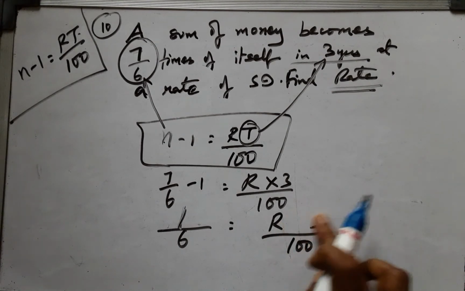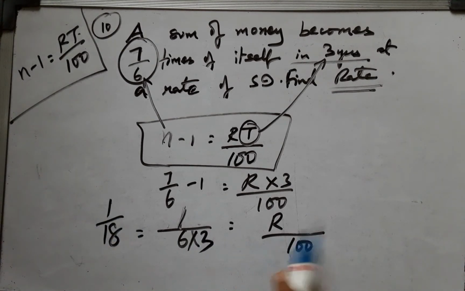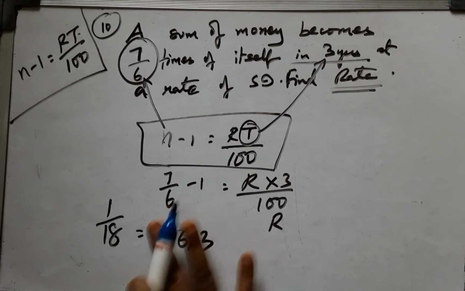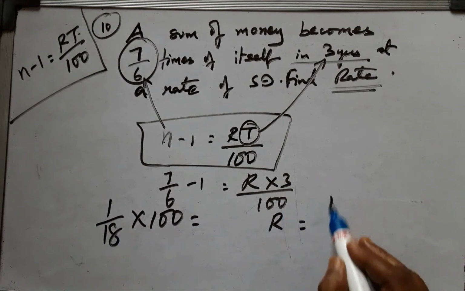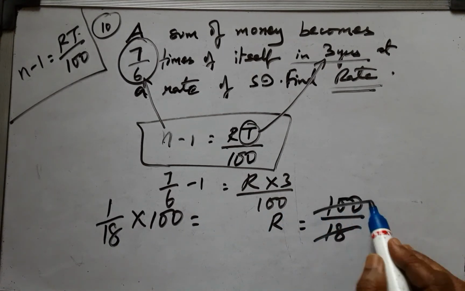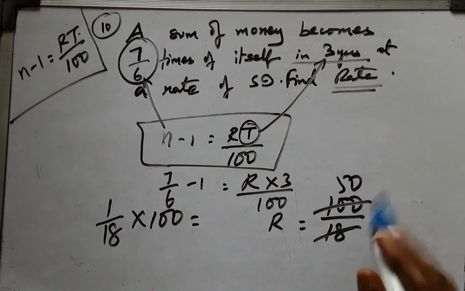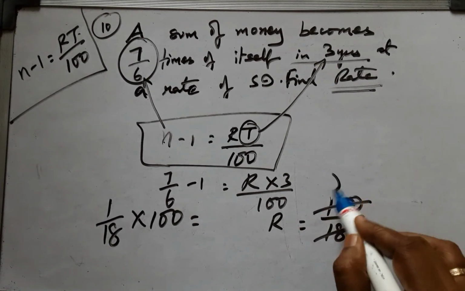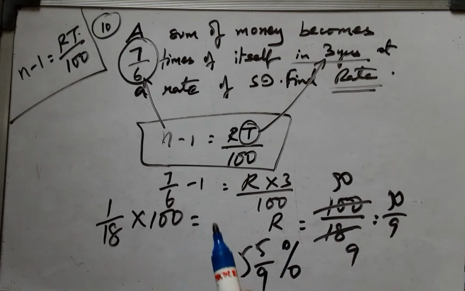R, if I want R, I have to shift this 3 down, and this is nothing but 1 by 18. And 1 by 18, if once again I shift the 100 also, it would be 1 by 18 into 100. And again I have the same 100 by 18, which is nothing but 2 9s are 18, 2 50s are 100. Therefore 50 by 9 is once again 5 5 by 9 percentage. So doing the problem in both ways will give the same answer.